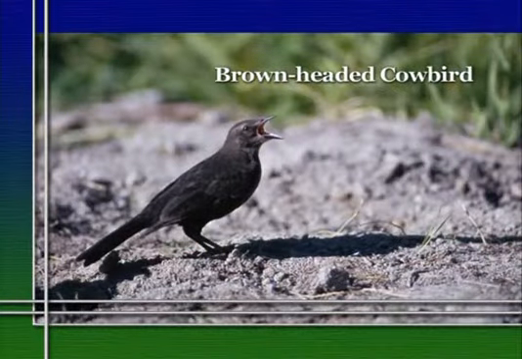Now, in North America, a very common brood parasite is the brown-headed cowbird. And the brown-headed cowbird will lay its eggs in the nests of very many different kinds of species, including the prothonotary warbler. Now, there are two more facts you need to know. First, for many species of parasitized birds like this warbler, the bird that's parasitized is unable to remove the egg of the parasite from its nest. It may be able to recognize that egg, but it can't do anything about it. I mean, its beak isn't large enough to get around that egg and to toss it out.